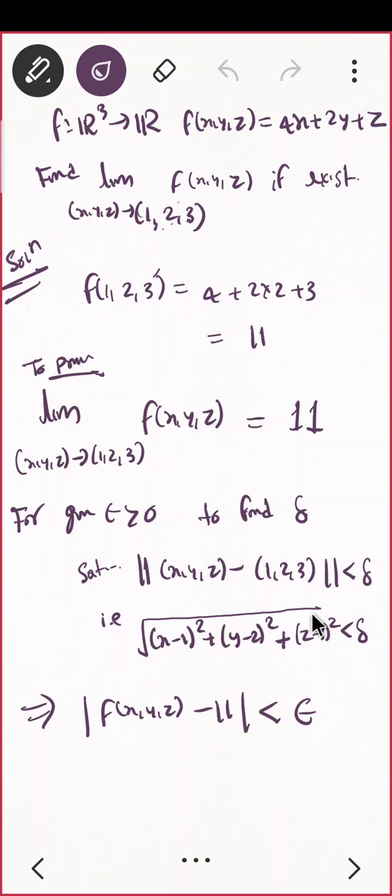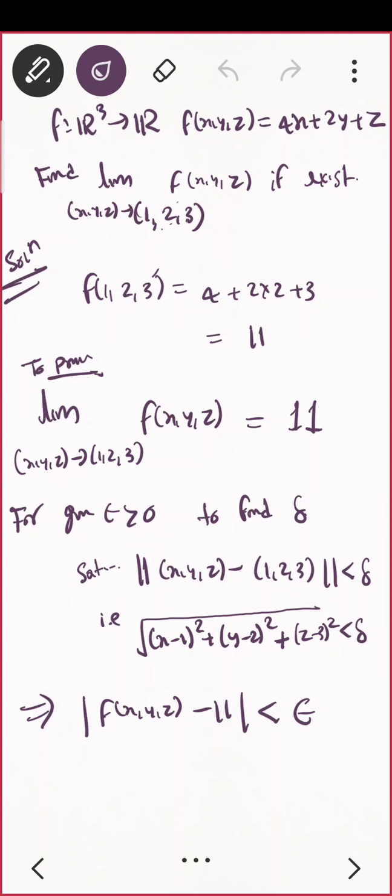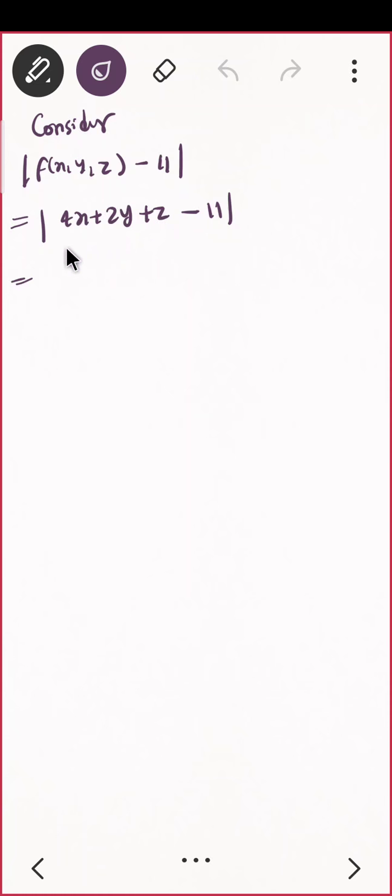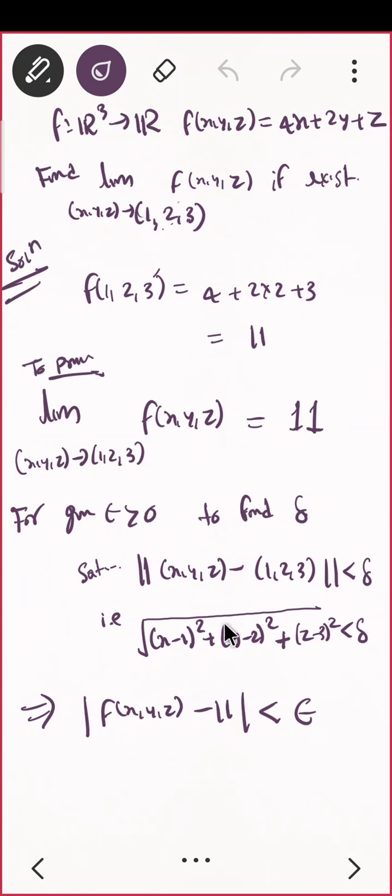Do you have any idea? I will give some time to think about it. Just take 1 minute and then I'll ask everyone by taking your name, and you can say what you think. I want to relate this in terms of delta, and this is my delta. The hint is, use the previous one. How did we do the previous question? You can do that.